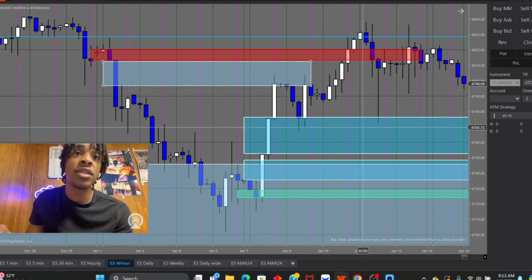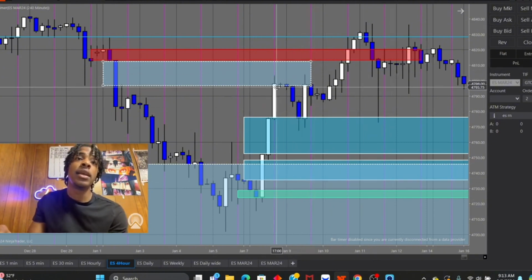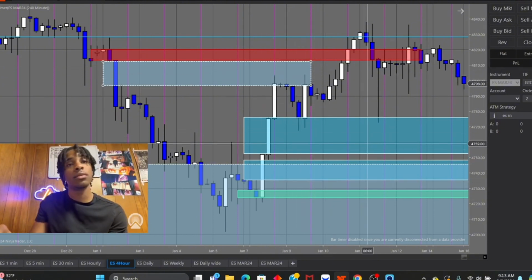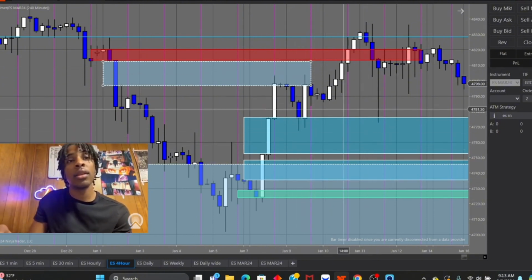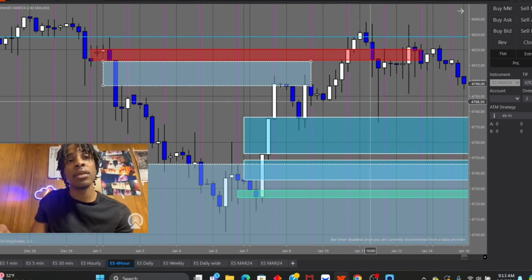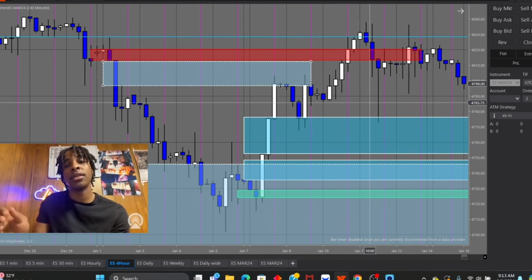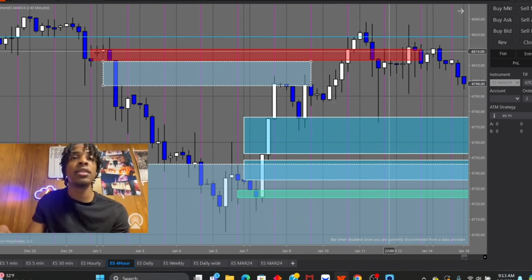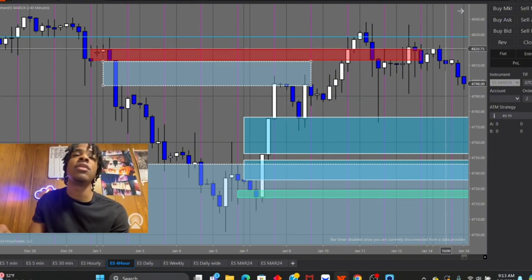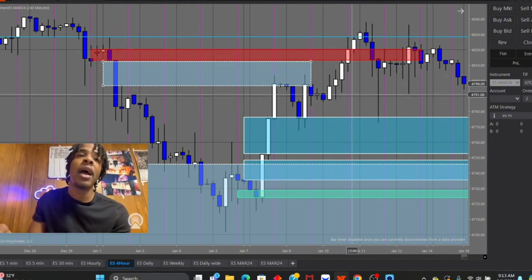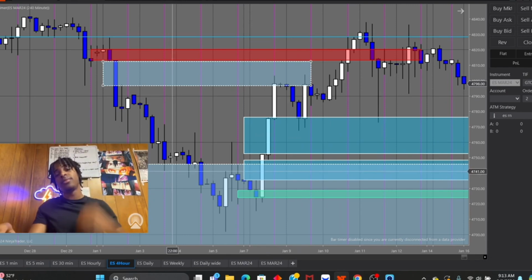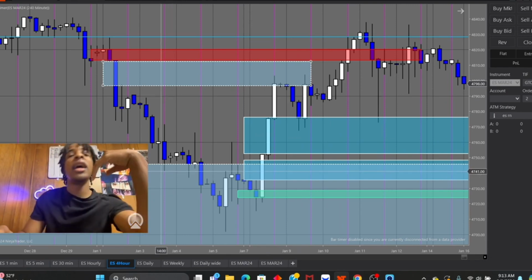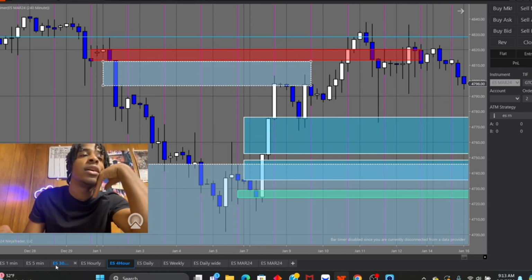Basically, that's when I enter in. I enter when the price comes back to the gap. Take it for a sell position. Sell it, and when I look for my targets, I have a risk and reward calculator that tells me how many contracts I should enter off of and things of that nature. But most times I go based off of the 5-minute and look for my targets. When I'm looking for my targets, I go off the 5-minute chart.